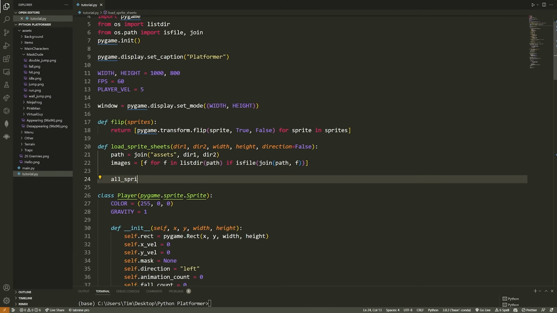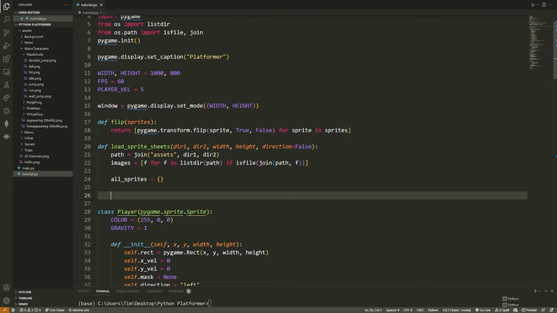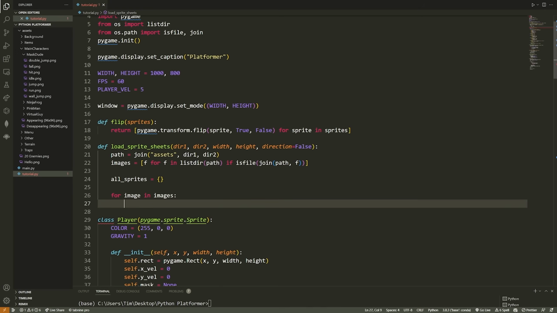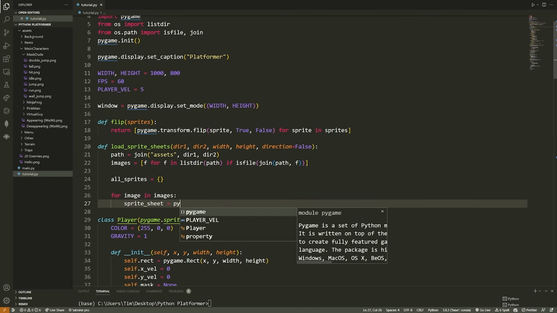Now I'm going to say all sprites is equal to a dictionary. And what I'm going to do with this dictionary is have key value pairs where the key is the, let's say, animation style, and the value is all of the images in that animation. Okay, so I have all sprites. Now I'm going to say for image in images. And I'm going to say that my sprite sheet, so the individual sprite sheet I want to load here, is going to be equal to